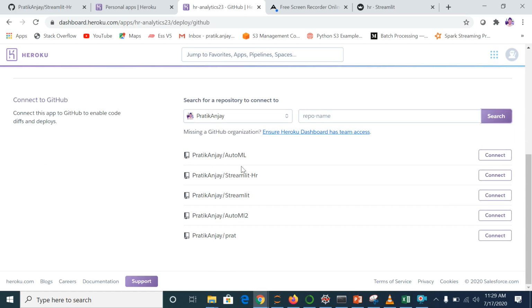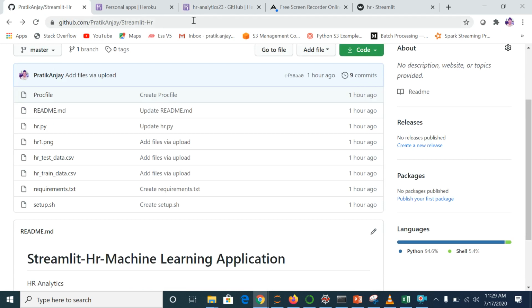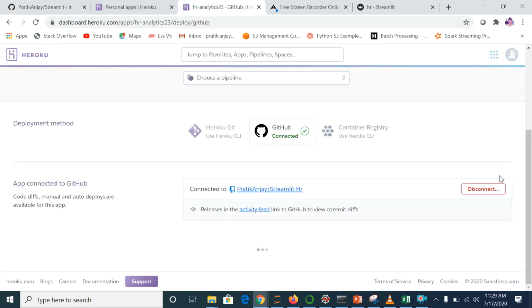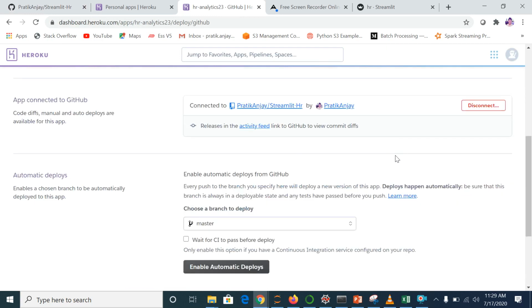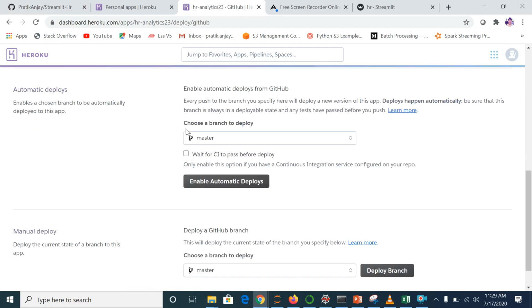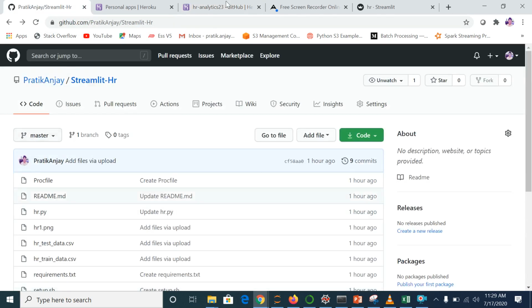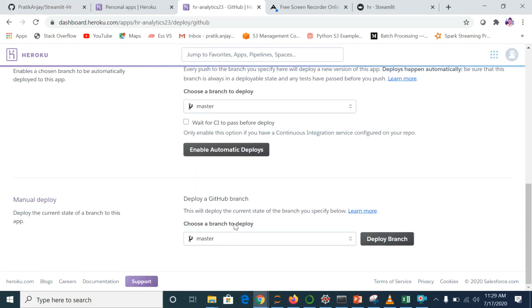So I want to deploy Streamlit. Let me check what it is. It is Streamlit HR. So I will just connect to this Streamlit HR. That is connected. Again, it will ask me to choose which branch to deploy. My branch is master, so it will be master. You can automate this process or you can do it manually.